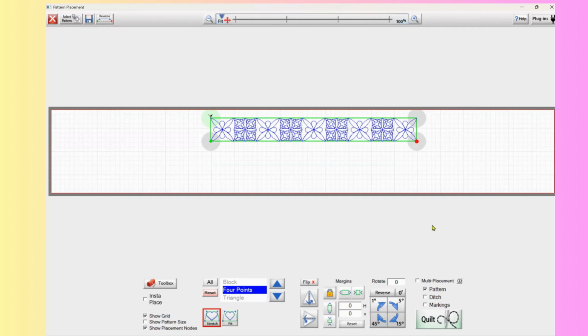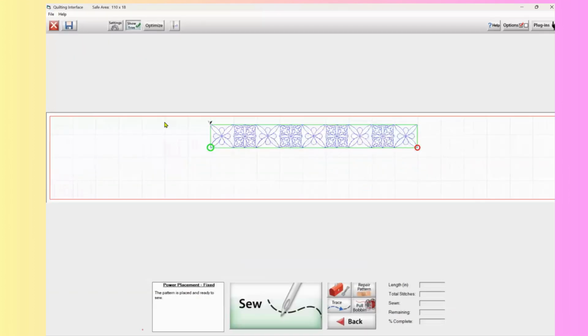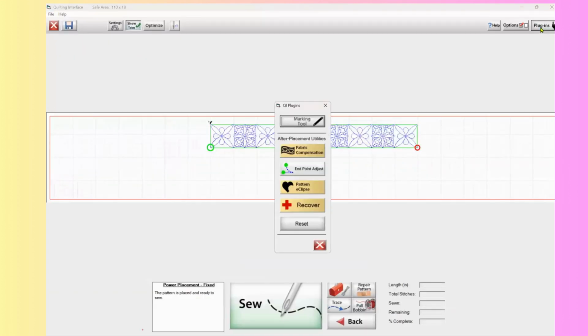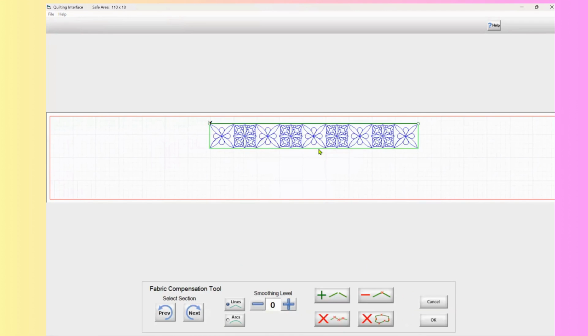But I'm going to now just say quilt so you can see what I'm going to do instead to make sure that they stay inside of my row. So here is my row right here, but what I am going to use is fabric compensation. So when I load for fabric compensation, I will then go along